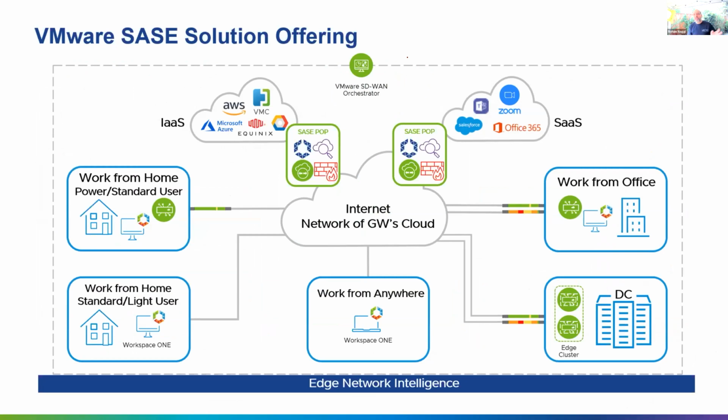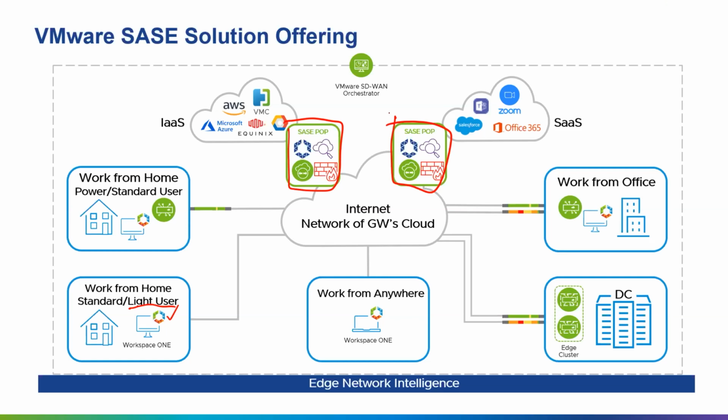If you are traditionally working from a home office, then this is what it will look like. If you are a light user, you can use the secure access software to access the SASE POP. This is how you'll get connected to those global POPs, which offer the networking and security services. You can see here, these are the SASE POPs offering the networking and security services, and they are around the globe. In this slide I'm just showing you 2 SASE POPs, but they are around the globe.